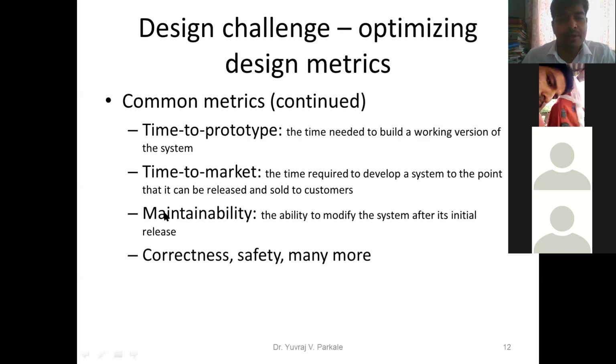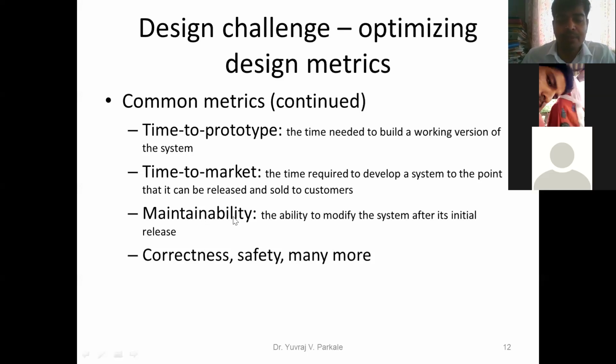The next design challenge is maintainability. So what do you mean by maintainability? That means if I sell my embedded product to somebody, my product should be maintainable by that owner itself. Otherwise, every time I have to call the employer for the service.